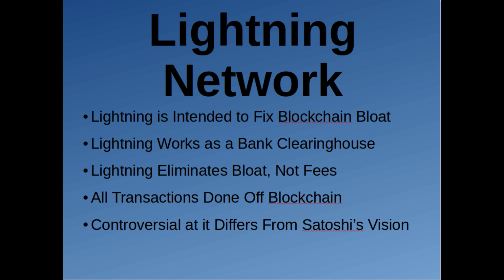What it is, it's an off-chain or off-blockchain payment system, and it basically eliminates blockchain bloat for the most part. It allows Bitcoin to be used as a global payment system. Even if you were using Lightning, there would be some sort of limits in order to limit blockchain bloat too much. But anyways, the way that Lightning works is